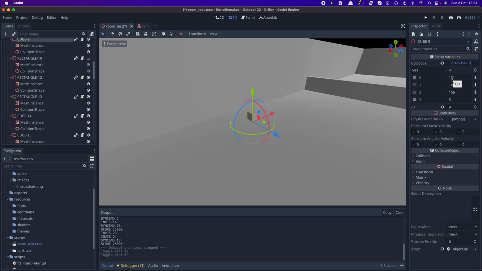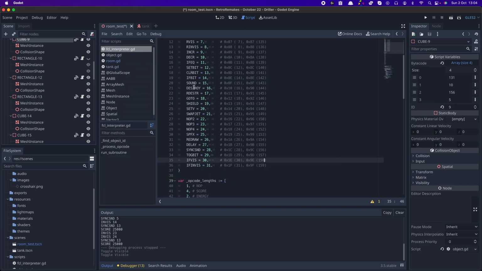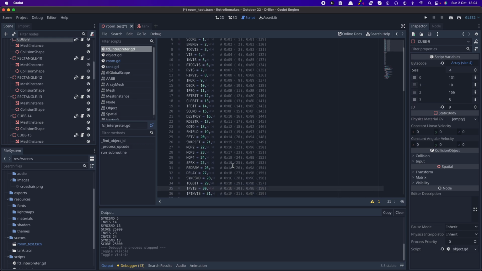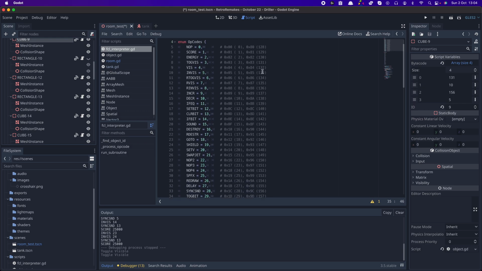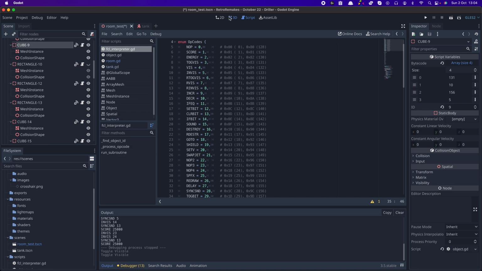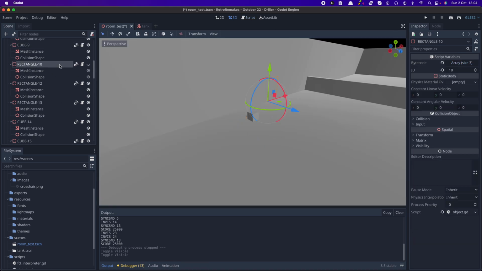So just to show what this one does, 131, if we go and have a look at the FCN interpreter script, which I've started writing, 131 is opcode, it's up here, togviz, and because the top bit is set, it's 83, not 03, it means it will trigger when the object is fired upon. So that will togviz object 10. So if we just look down, object 10, go back to the 3D view, object 10 is our door, which is currently invisible because it starts off invisible according to the data. So if we now run the game,